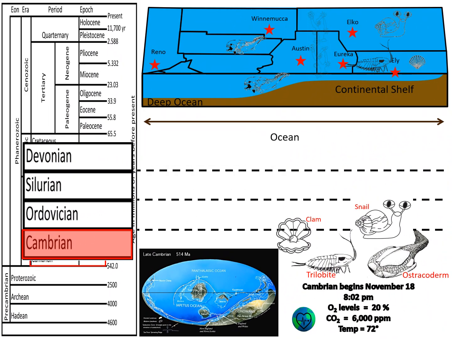November 18th, 8:02 p.m., and we're here at the beginning of the Cambrian. Melting of snowball Earth, stabilization of oxygen levels, formation of the ozone, increase of calcium in seawater, and the evolution of ice, very primitive ice, are all possible triggers of the Cambrian explosion. The Cambrian explosion is the most intense burst of life ever known to planet Earth.